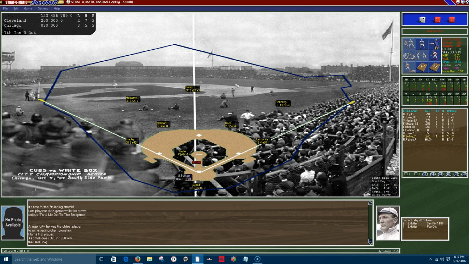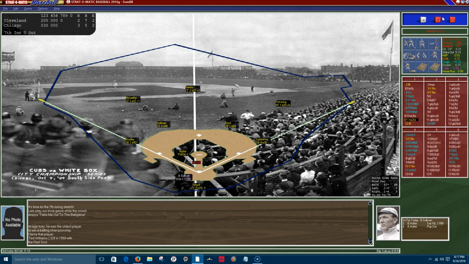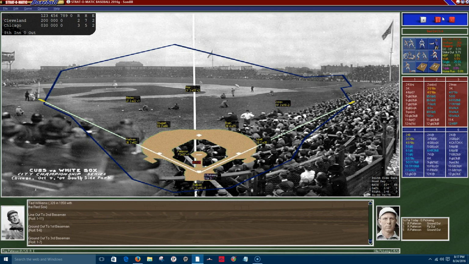Bottom of the 7th, the Chicago White Sox still up 3-2. And Billy Sullivan is the batter, and he lines out to second for 1 down. Roy Patterson, and he grounds out to first. And now they'll bring up Dummy Hoy. They bring in the corners. I'll just have to swing away, see what happens. And he grounds out. So 3 up, 3 down. 8th inning coming up. And Ollie Pickering. Now Roy Patterson